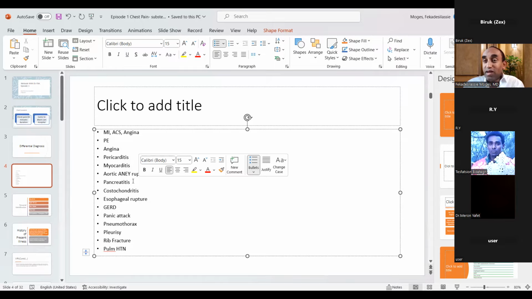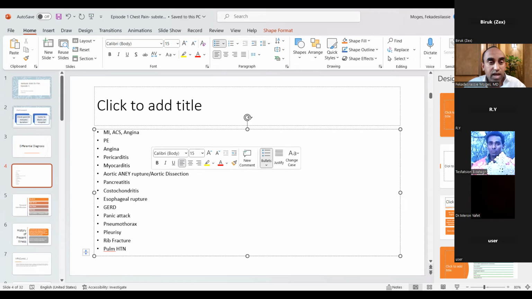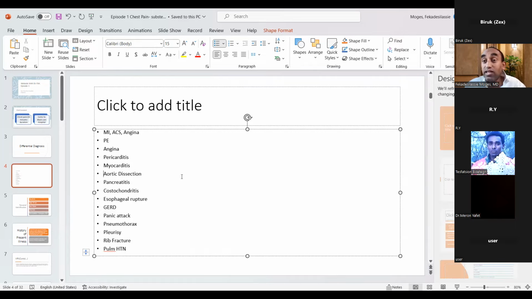So aortic aneurysmal rupture could be devastating. The patient could be hemodynamically unstable, or the patient dies on the spot. Only a few lucky people make it to the hospital with aortic aneurysmal rupture. They bleed to death, all right? So I love your point. Most probably we'll kick out aortic aneurysmal rupture from the list and we'll keep aortic dissection for now. It survived, okay? What about pancreatitis?